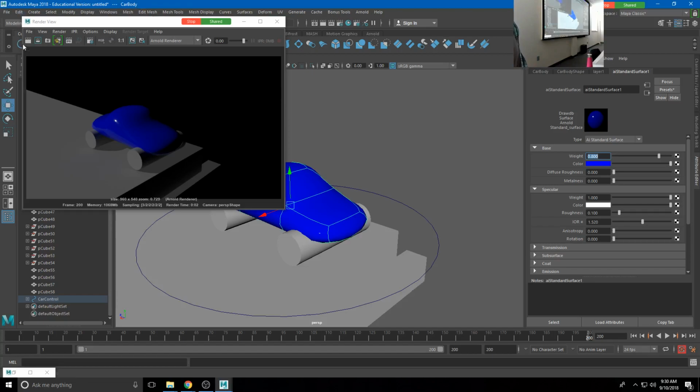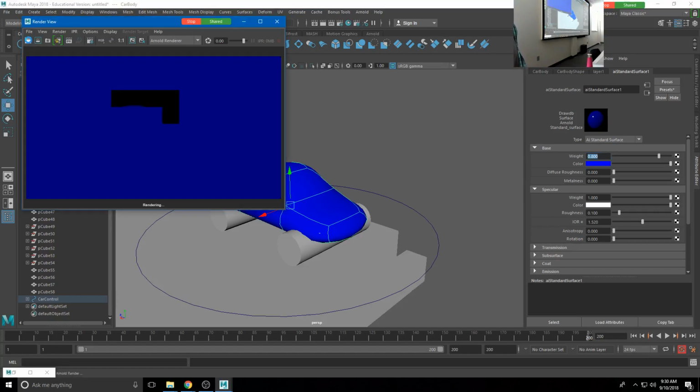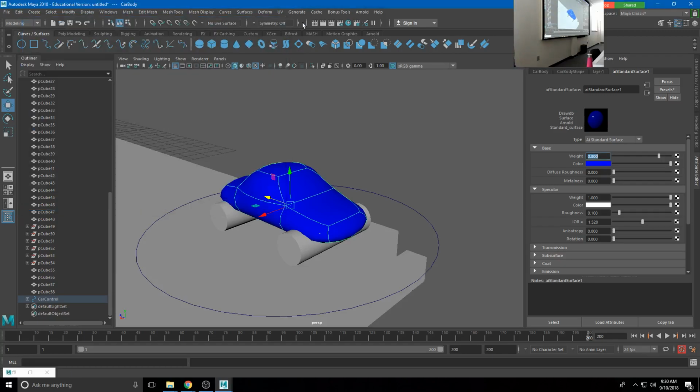Now, continually hitting render is, I mean, it's nice. I can hit render and see a new version of it pretty quickly. But I want to show you a trick, and this is one of the things that makes Arnold really nice, right? This is the render view, but Arnold has its own render view too, right? So if I close this down and I go to Arnold, open Arnold render view,